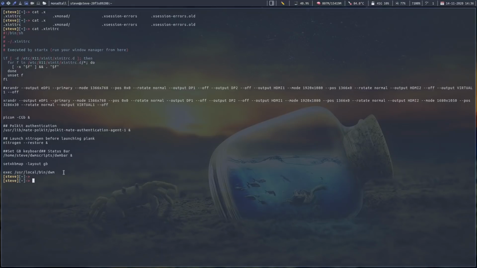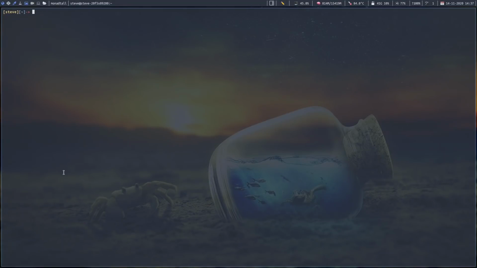What I didn't really want to do, though, was to stick with startx. I much prefer using LightDM because I'm running all sorts of different window managers and it just makes things easier for me to use LightDM. So what I ended up doing was this. With LightDM, it keeps its desktop files in /usr/share/xsessions,